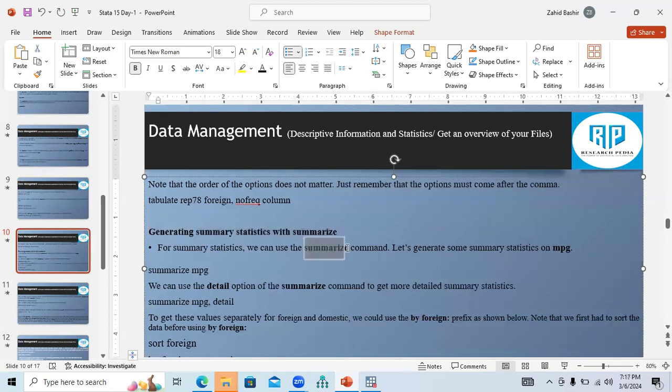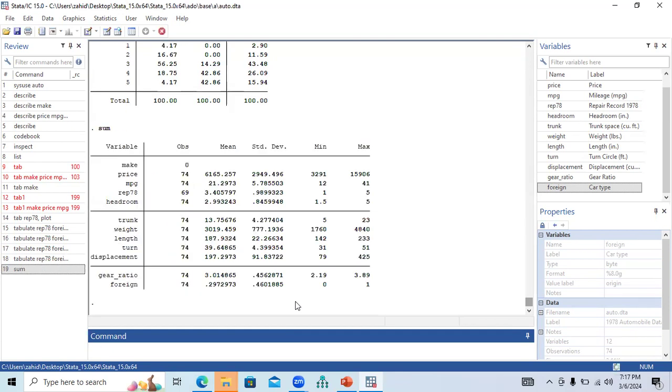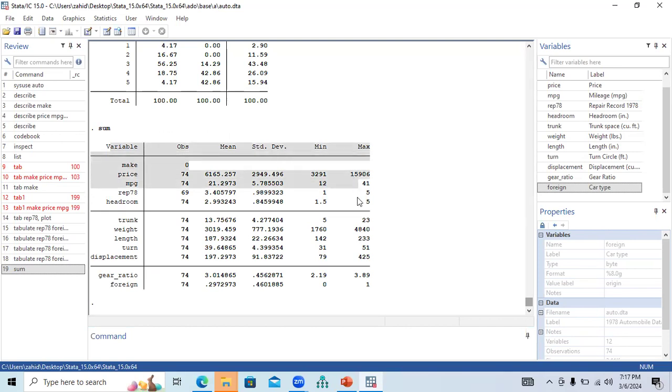Let's use the summarize command only. Let's use just sum, which is the short word for summarization. You can write summarize also, but you can use the short word sum. Just click enter and it will show you the descriptive statistics, the first thing that we observe in